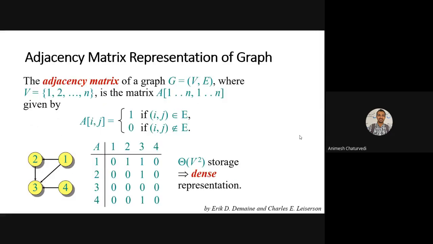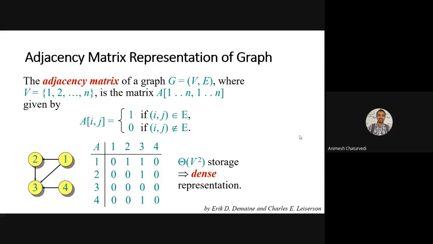So the adjacency matrix representation of a graph can be denoted with n vertices, which could be connected with each other, such that Aij is represented, where A is a matrix of 4 cross 4, that is V cross V, the number of vertices cross number of vertices.